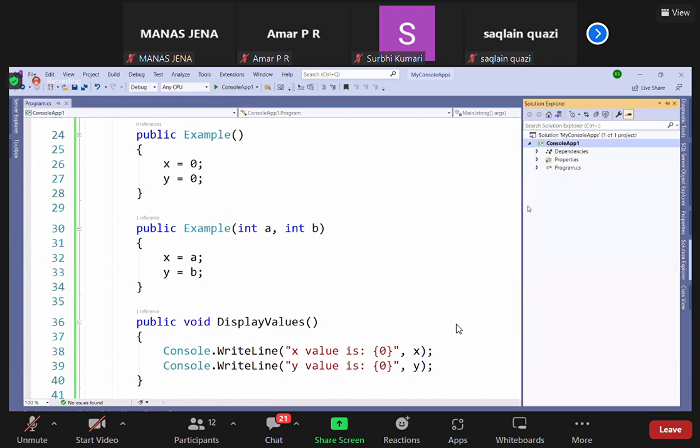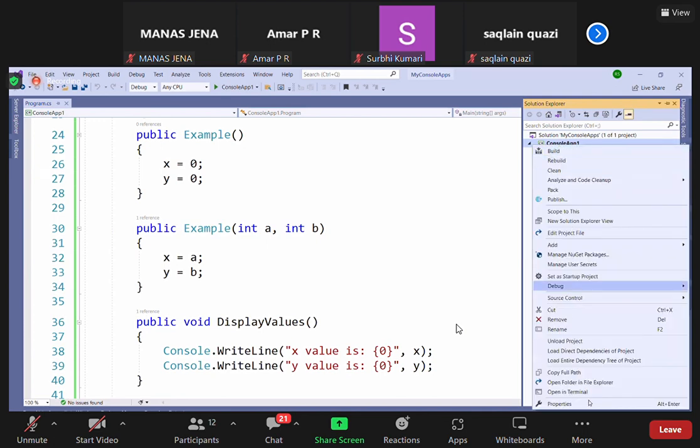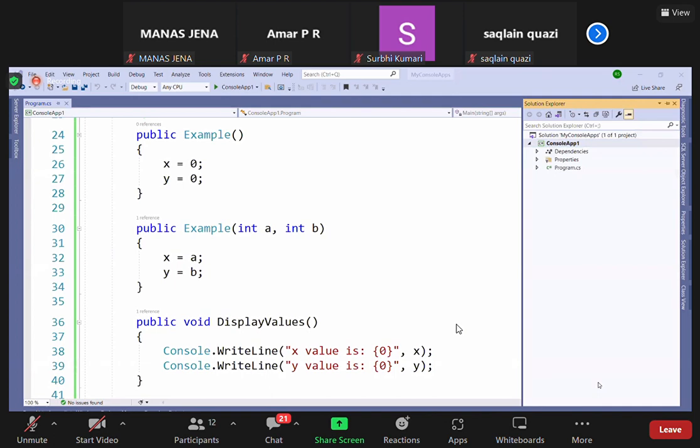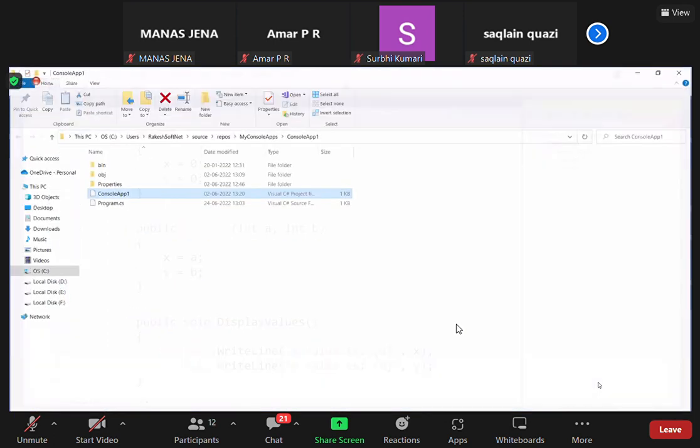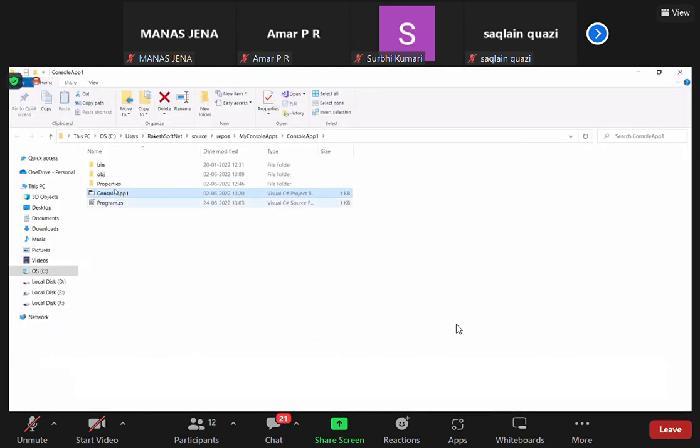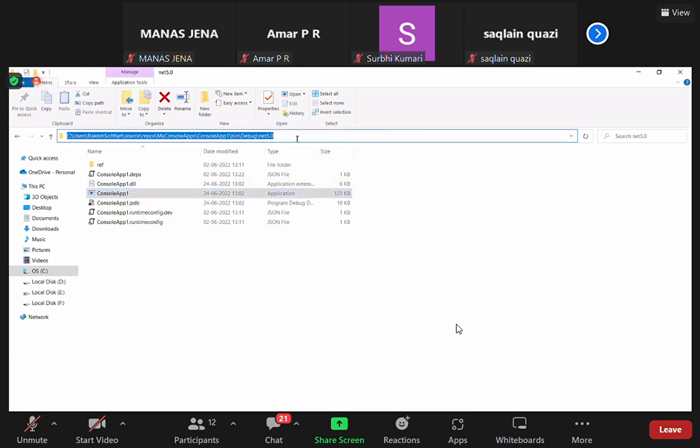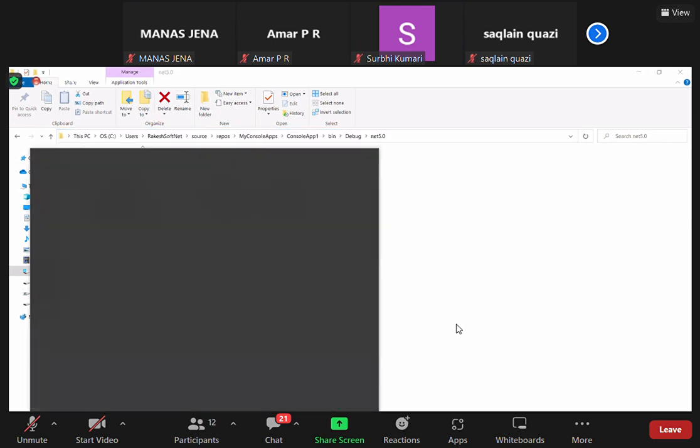This application, where it is created, is in my console apps. Right click on this, go to open folder in File Explorer. Here the bin folder is available, in the Debug folder, .NET 5.0 target framework. And this is our application, right or not? Yes, sir. The exe, and this is the DLL. Copy this path, come to command prompt, cmd,